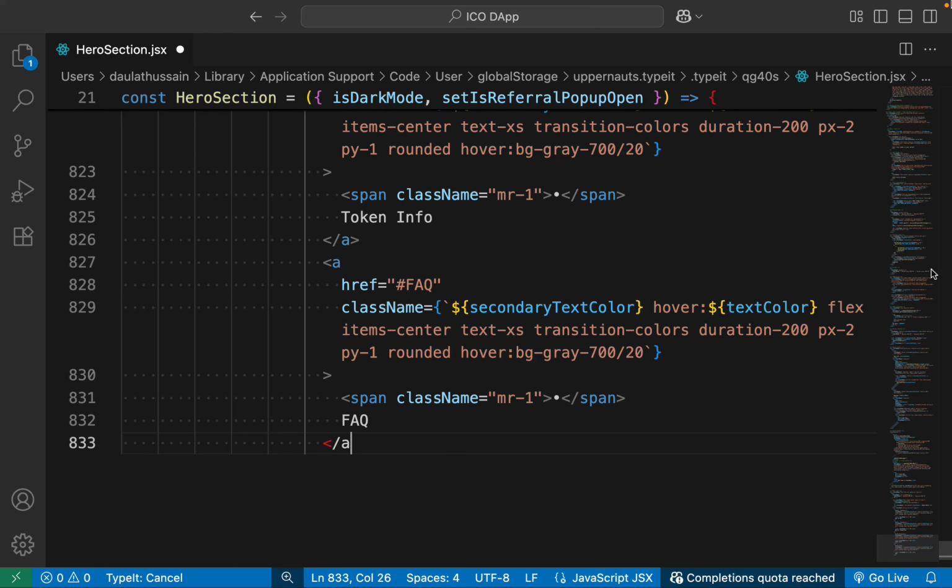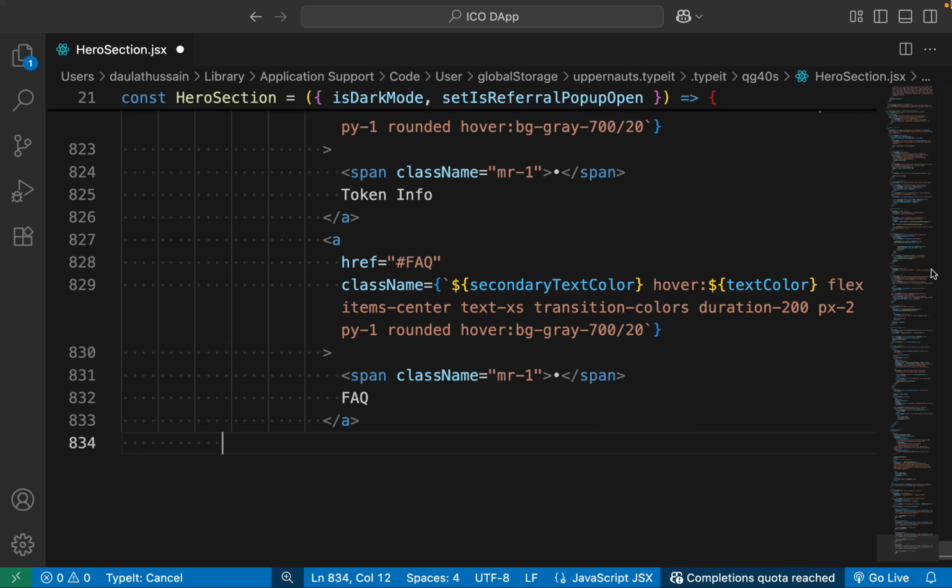So we are done with all the four menu. Now looks perfect. Now let's simply close the div,